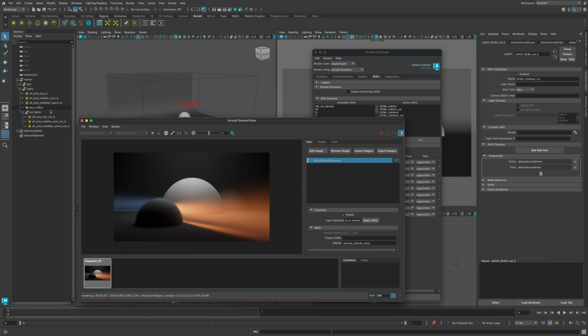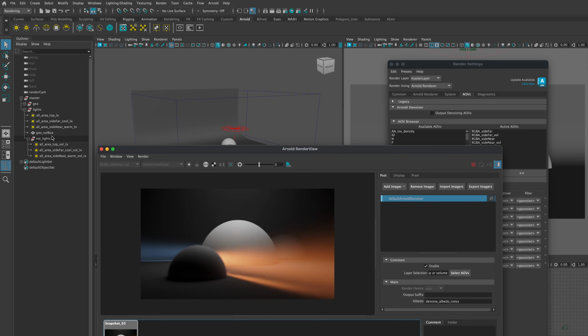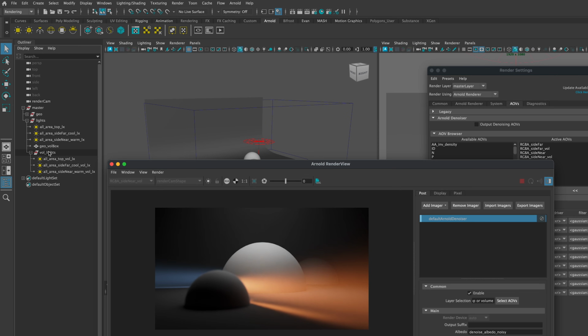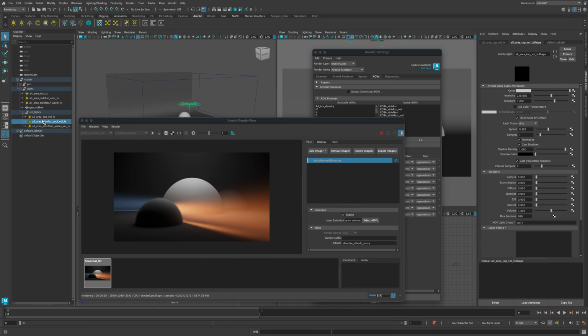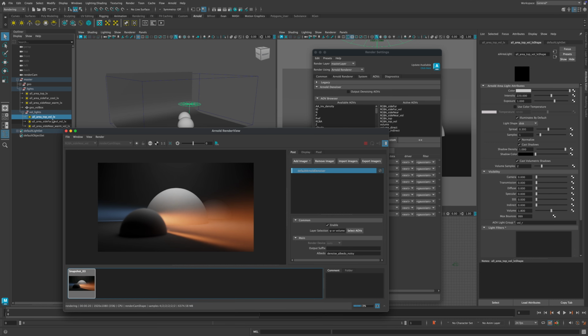And since we have separated out our volume lights, we're still doing the same thing that we did in the last bonus method that I showed you, and the last couple render layer techniques in the last video, where we have our volume lights in a separate group and they're named accordingly, indicating that they are only contributing volumetrics to the scene, as you can see, with their volume visibility set to 1 and the rest of their visibility attributes zeroed out. And then the original lights are still not contributing volumetrics, but they're contributing every other thing to the scene effectively. And so as a result, if we create a light group and then assign just these volume only lights to them,